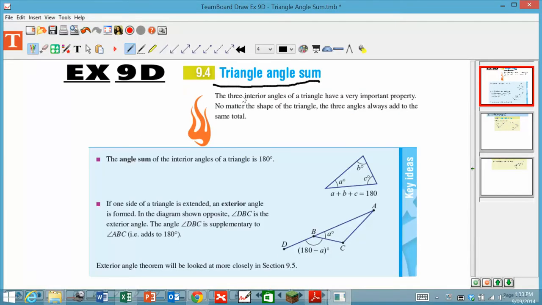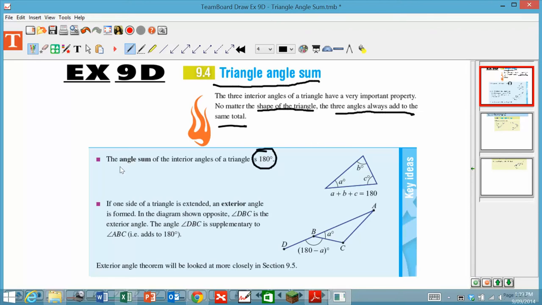Alright, so triangle angle sum, sorry. The three interior angles of a triangle have a very important property, and probably a lot of you know this already, especially if you've done that hot maths sheet. No matter what type of triangle you have, whether it's a scalene, an isosceles, an equilateral, anything in between, the three angles will always add up to the same total, and the same total being 100, oops, let's do that circle a little bit better,